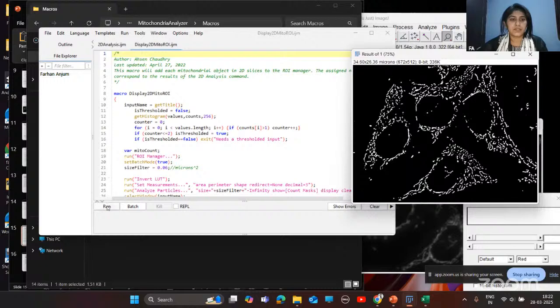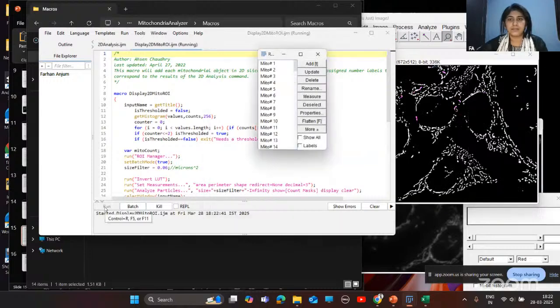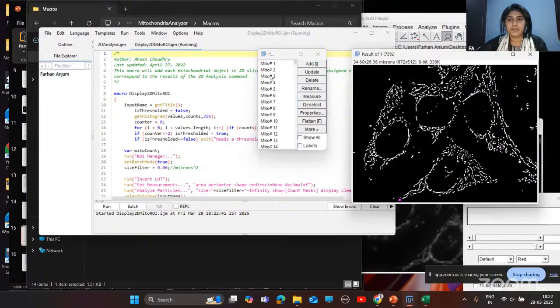So here you will just need to activate this image and then just run this. So from here you can see this analysis is for particular mitochondrial branches. By selecting this on ROI, you can see all these options are changing.